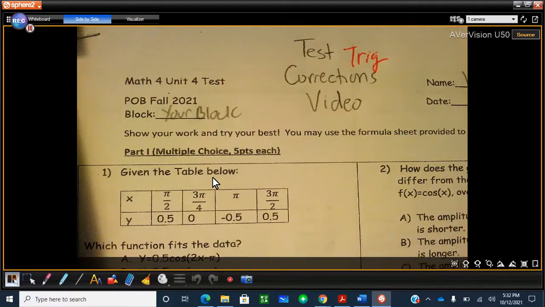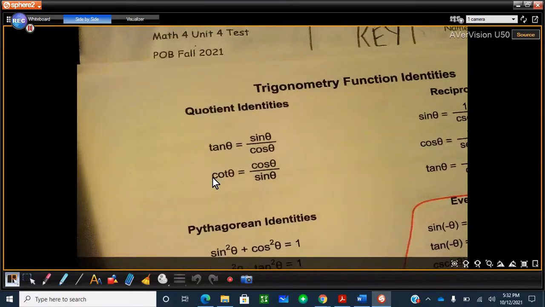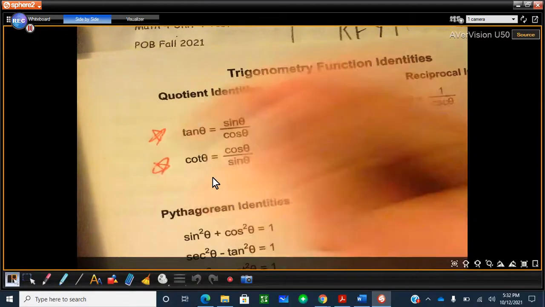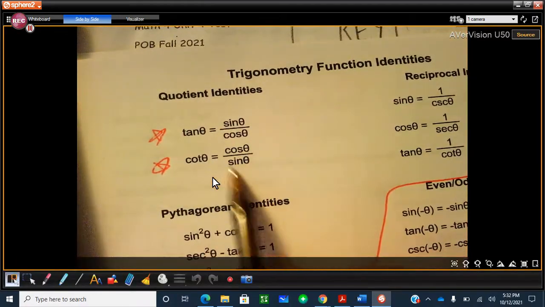So whenever you're doing Trig questions, you always want to make sure you have your formula sheet, okay? So I'll be using these. These are the two key ones. They're going to use tangent and cotangent all the time. Then we've got these reciprocal identities over here. And then the